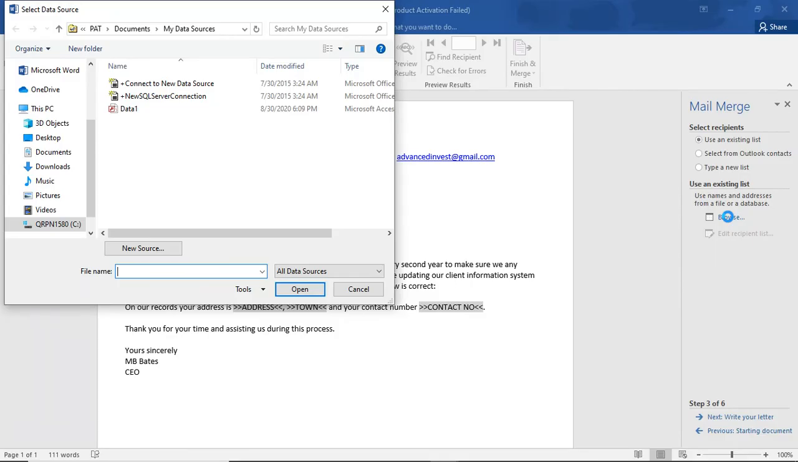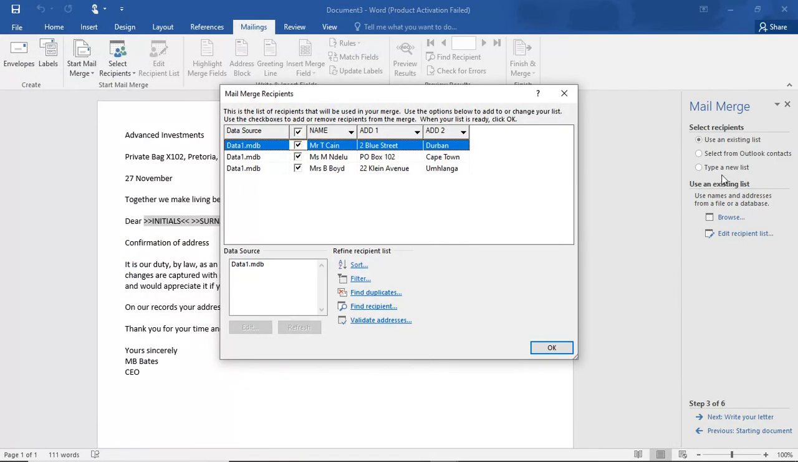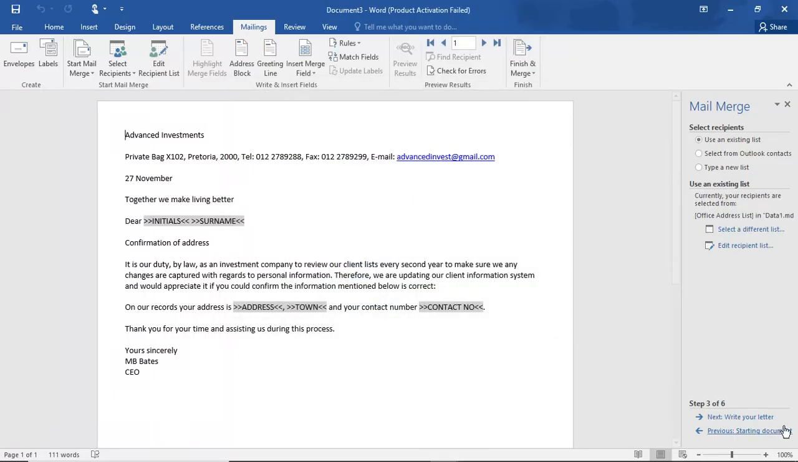Once you say browse, it takes you to the data source that we have saved. If you have saved the other questions, you will have to go where you have saved them as Excel or as in Microsoft Word. Then you can go there and open them. So you can go data 1 and then you open. Once it's open, it shows you the data that you just keyed in, and then you click on OK, and then you go